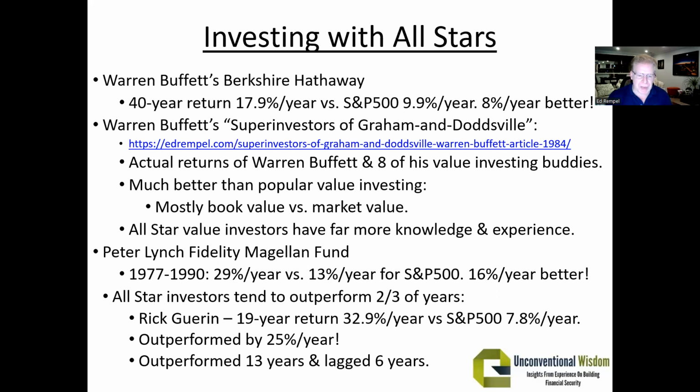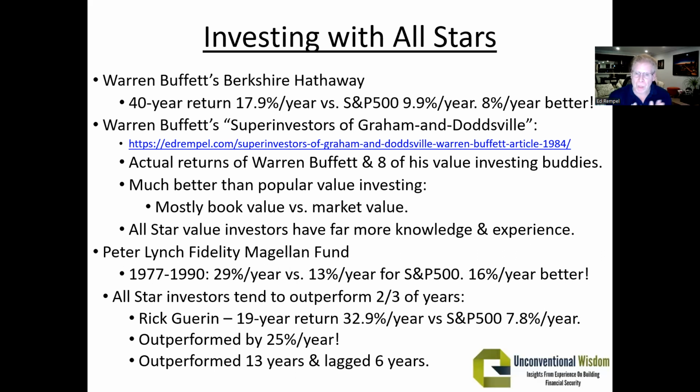So the biggest example is a guy named Rick Guerin. He ran a fund back in the late 60s to early 80s. So he had a 19-year record and it was really one of the worst times ever for the stock market. But his rate of return in that period of time was 32.9% a year versus the S&P 500, which did 7.8. So he actually beat the index by 25% per year for 19 years. That's just absolutely amazing. Now, out of those 19 years, he only actually beat the index on 13 of them, and in 6 of those years he lagged. So a third of the time he was lagging the index,